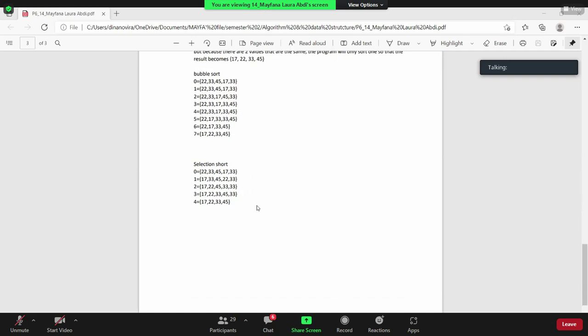And then 45 becomes the leftmost, and 33 becomes the smallest value, and it will swap. But because there are two 33 values, the result will be 17, 22, 33, and 45.